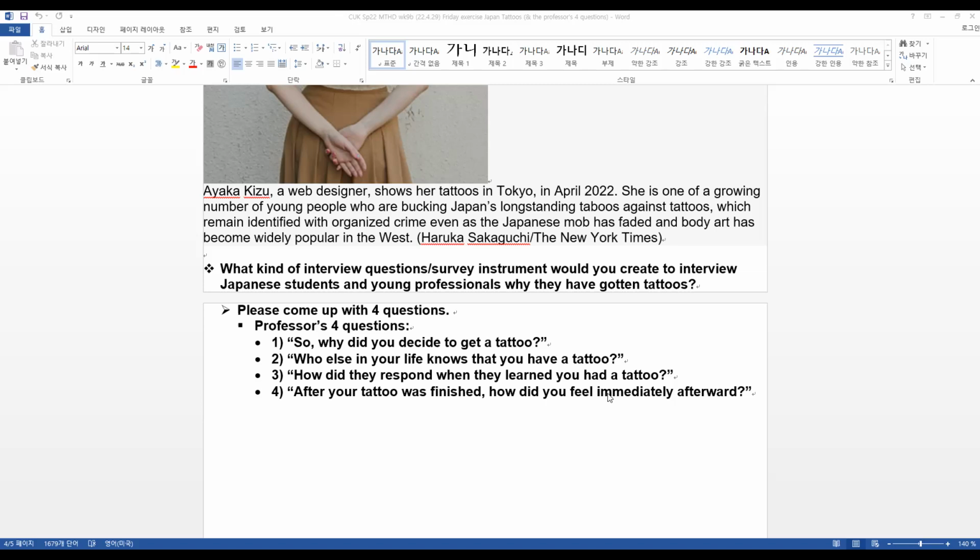Since you're Korean, you have presumably done research on whether or not tattoos are happening in Korea. I don't know if there's been any research. It's probably in the Korean language, so I'm not going to look at it, although Google Chrome now translates just about everything into English. You have to be interested in Korea because you're from Korea. So you're going to automatically do comparison with Korea just by the fact that you're Korean. Even if you're not aware of it, you're going to do it.